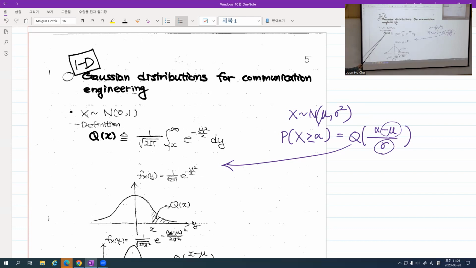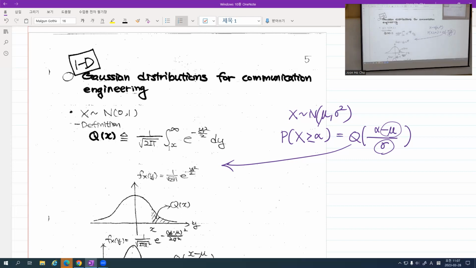And here goes our definition of Q function. And you must remember this. Q function is the complementary CDF of what? Of the standard Gaussian random variable. So mean is 0, variance is 1, and then you compute the tail end probability. Usually when we say tail end, we mean right tail. Okay, so here is a right tail, here is a left tail, but you compute the right tail probability from some value X. Let's say the horizontal axis means Y. Okay, so this area